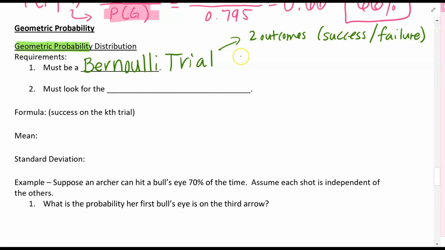And then a Bernoulli trial also needs to have independent events. Meaning it doesn't matter what happened previously, it's not going to affect the next outcome. For example, if I make a free throw, the next time is not going to be affected just because I made it the first time. Okay? That's independent events. And then for geometric probability, you are looking for the first success